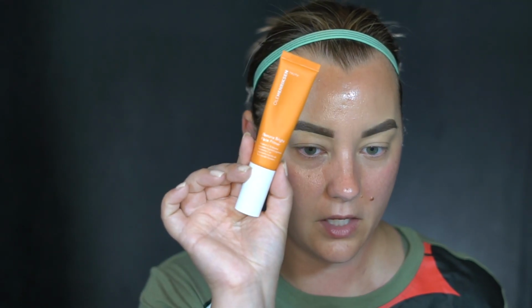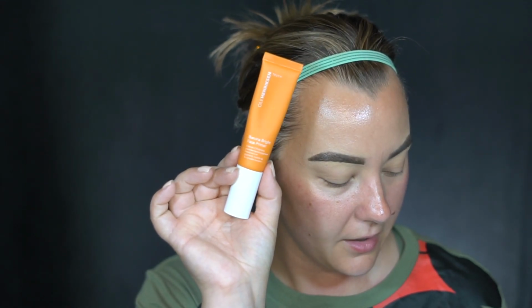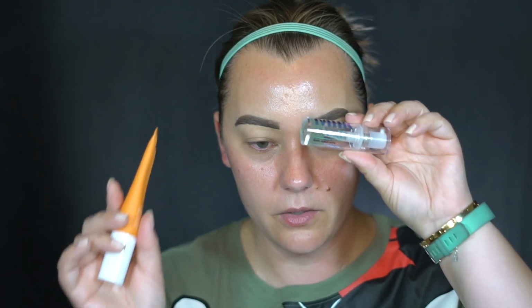So I'm gonna go ahead and let's prime up the face. I'm going to be mixing the Ole Henriksen Banana Bright face primer and also Milk Hydro Grip Primer. I always use these 2 together, so I don't want to do something different and not give this foundation a full good go because that's not fair. So I'm just gonna go ahead and apply this